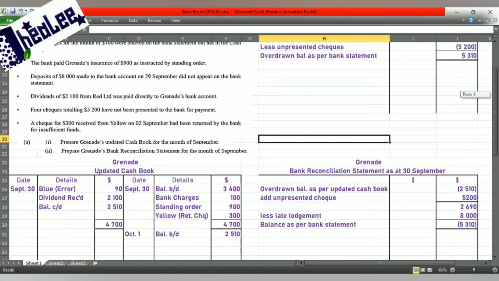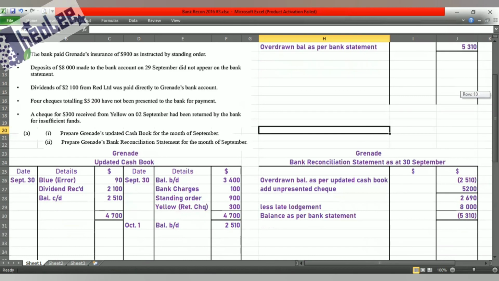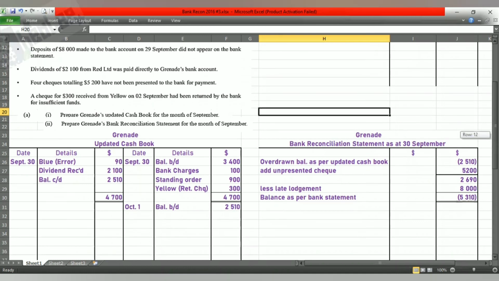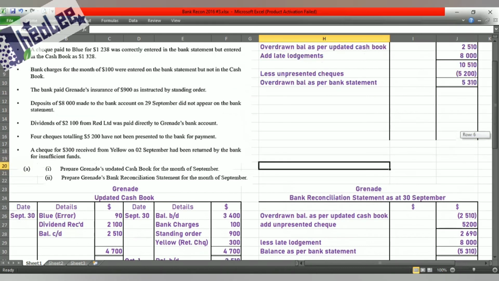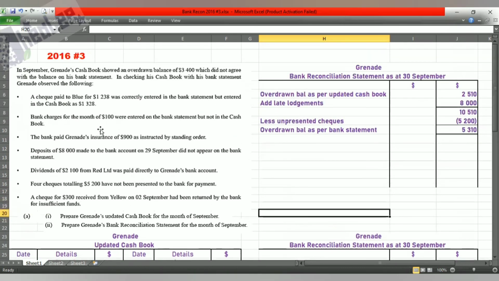If you're working with the figure being negative, you continue with the regular format where you start with your balance as per updated cash book, but that figure, you work with it as negative, so you put that in brackets to represent that, add your unpresented checks, less your late lodgement, and then you would get your balance as per bank statement. And because it is negative, it is an overdrawn balance as per bank statement. So that is it for this lesson on preparing a bank reconciliation statement from a given case study, given scenario, a worded bank